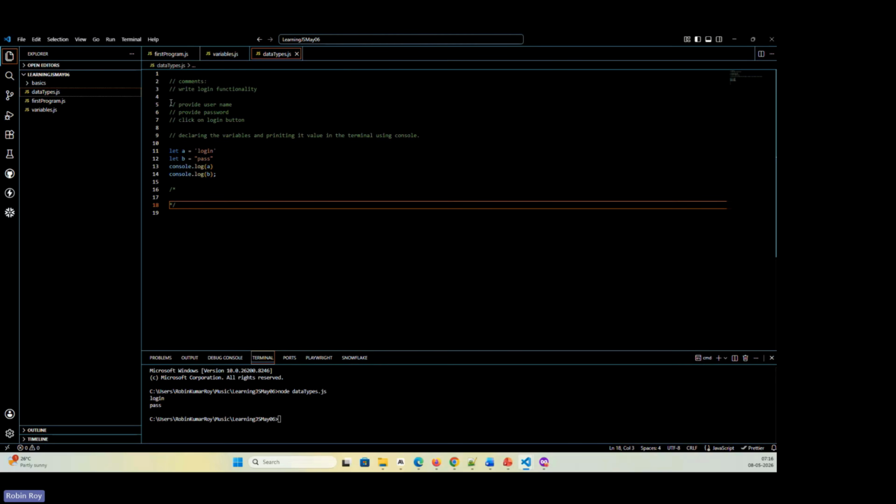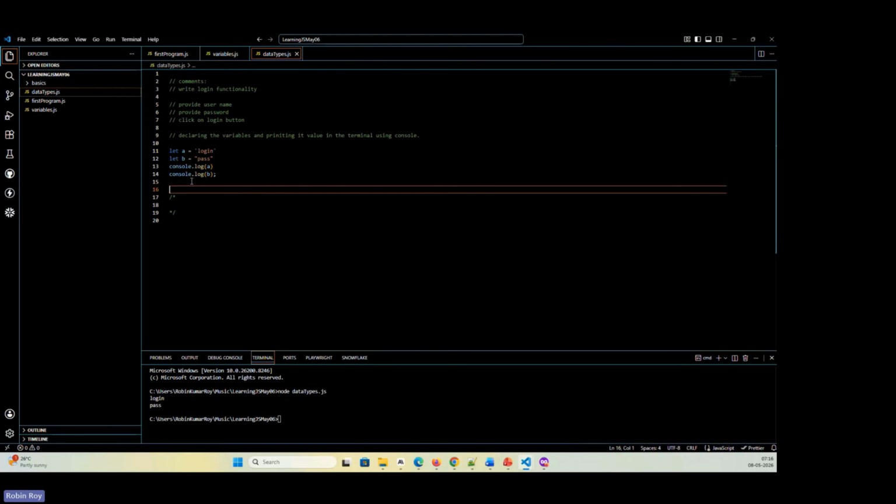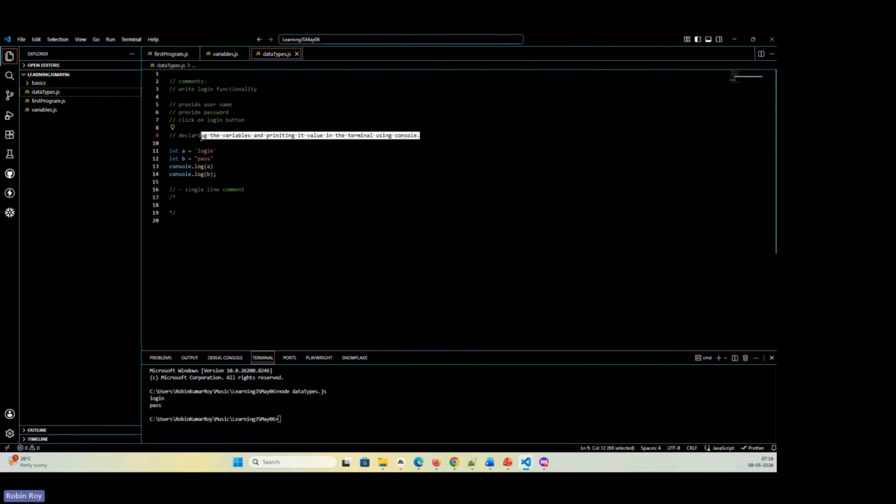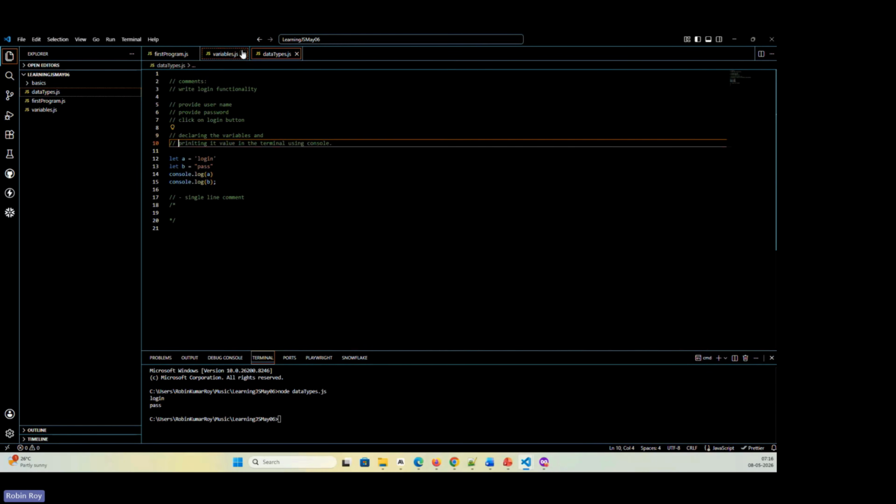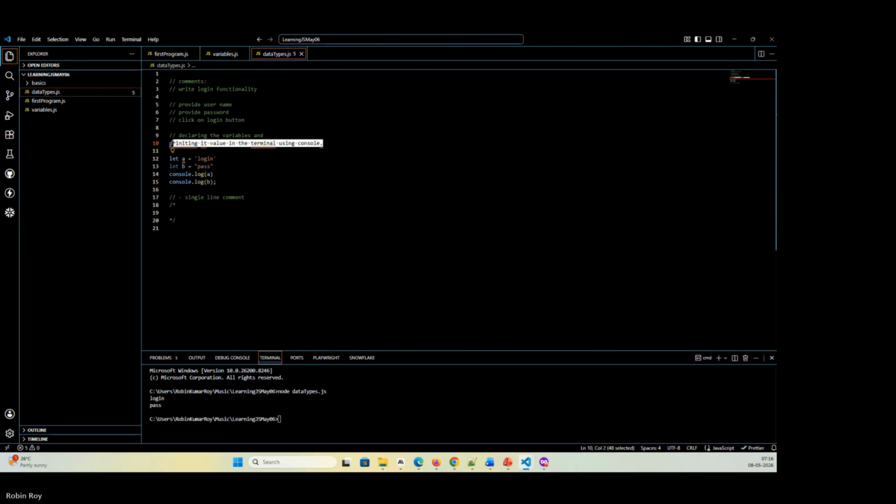So what is this called? A double slash is called a single line comment. Why is it single line? Because if I provide a double slash and then any statement, it will only work for that particular line of code. If I continue the same thing, saying declare the variable and printing its value, and I remove this part, now this is not a comment. This is an actual declaration of code